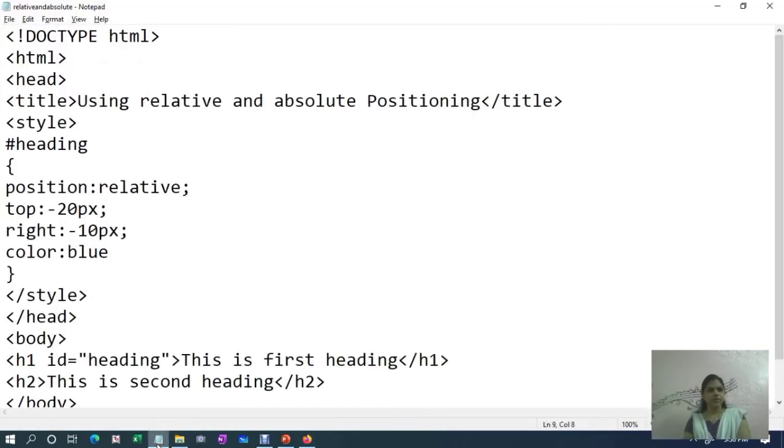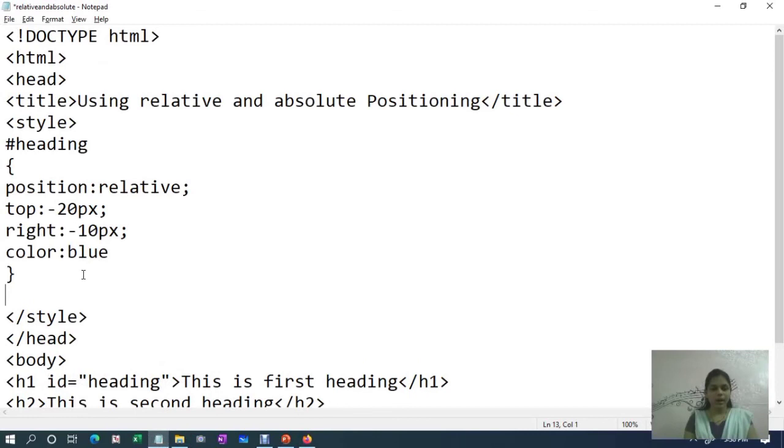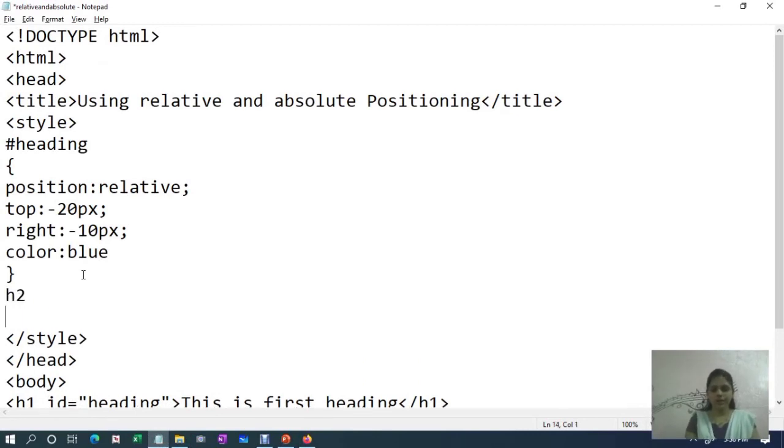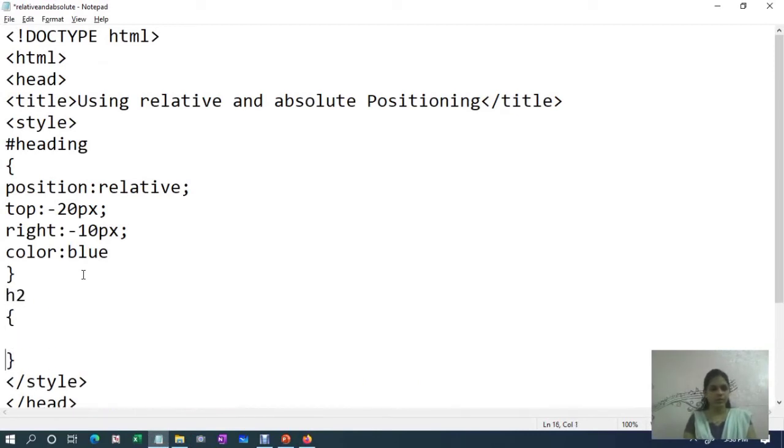Now let us use another, fourth type of positioning, that is absolute positioning for the h2 tag. So h2 colon, here position can be position colon, suppose absolute.